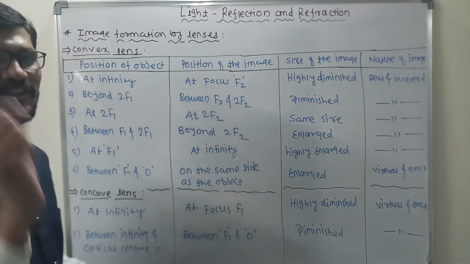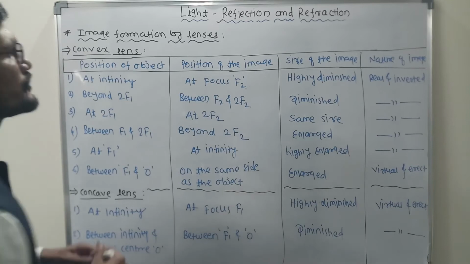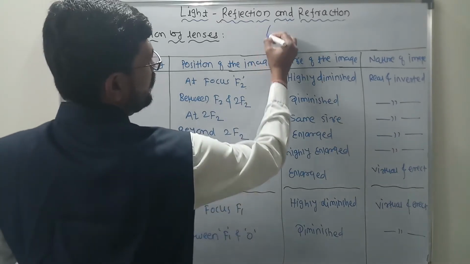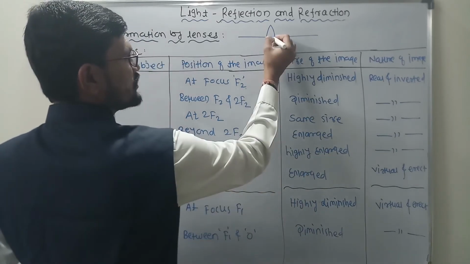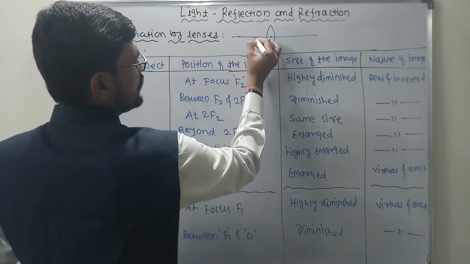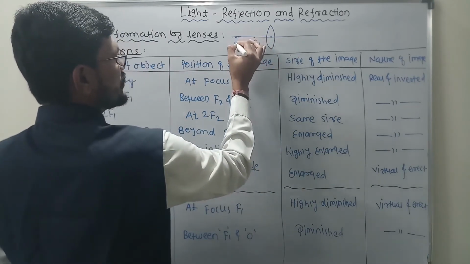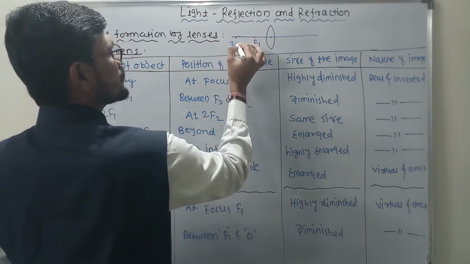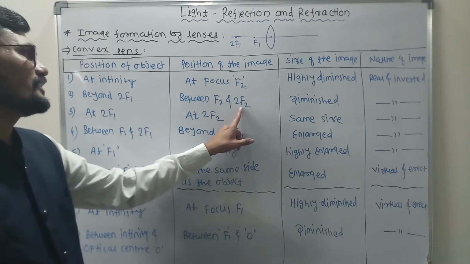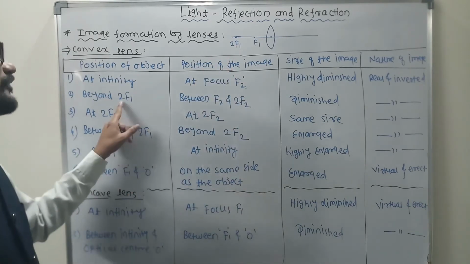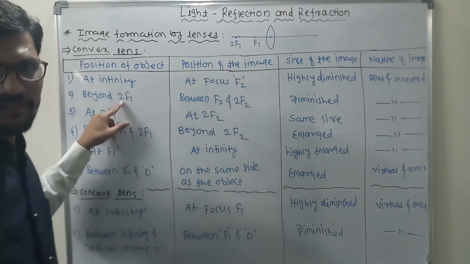Now you might have one doubt: sir, we have not already seen this 2f1, f2 and all these things. The center of curvature at least you have seen, isn't it? Similarly, if this is a bit of a convex lens, this is the principal axis, this is the optical center, this one is called f1, and the center of curvature c1 is written as 2f1, that's it. Here, in place of 2f2 you can write c2, and in place of 2f1 you can write c1, clear?